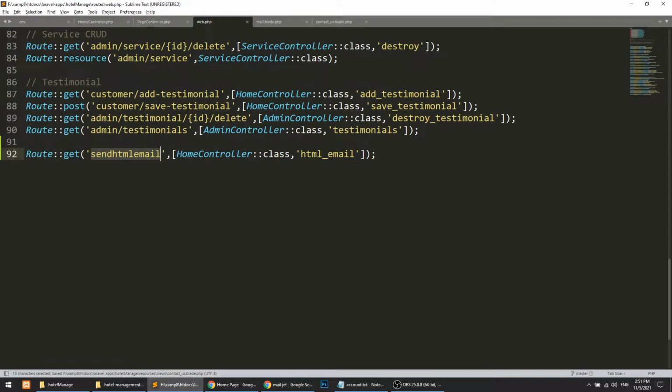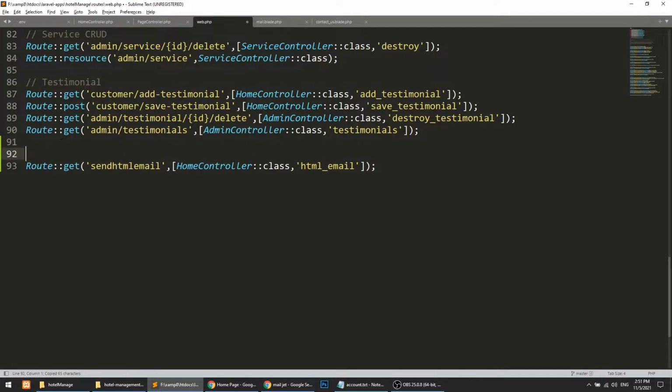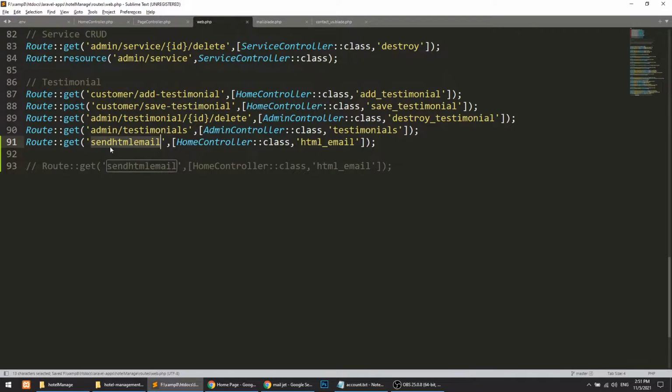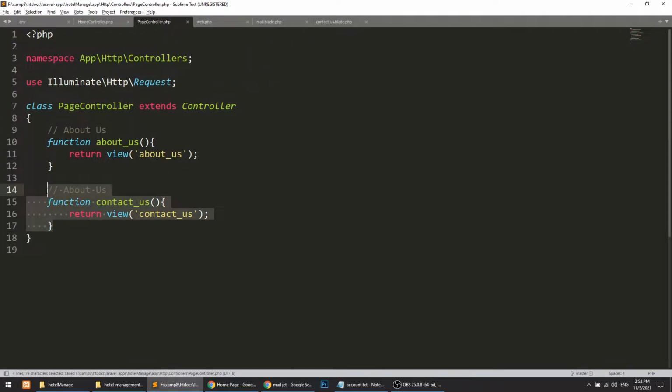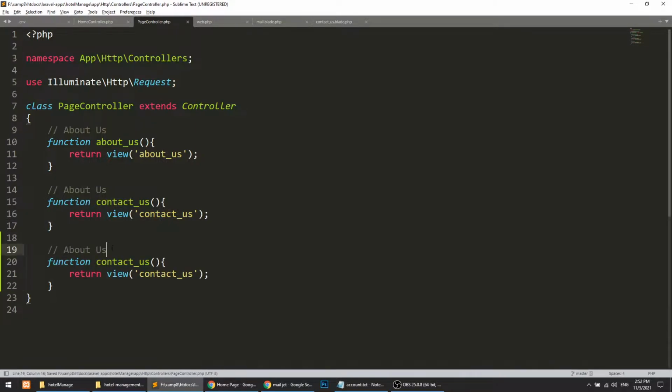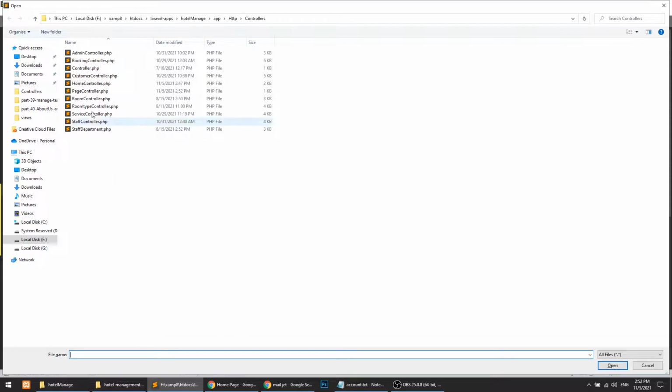Now what we will do here is copy this and paste it here, comment this out, and say save contact us. We will do this via the post method, and this will be our page controller. We will create the function saveContactUsForm, and we have lots of controllers in which we are saving data in the database.